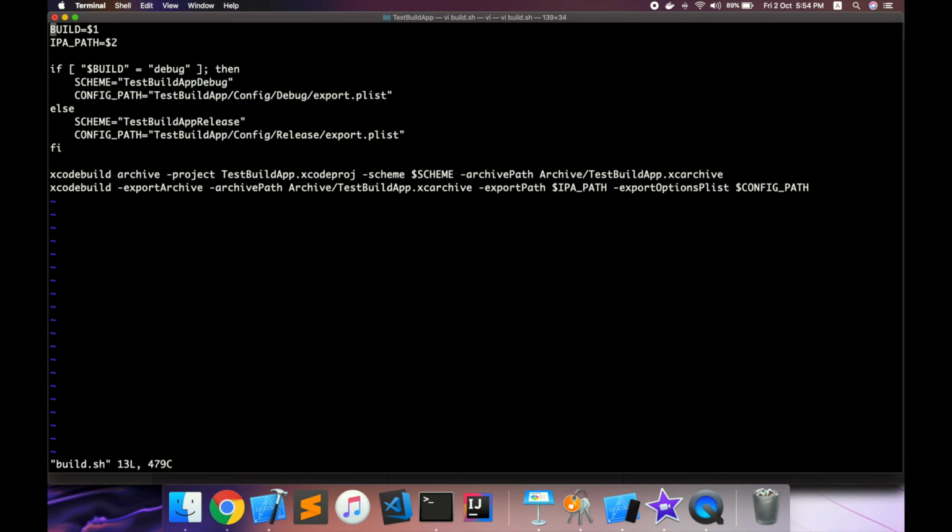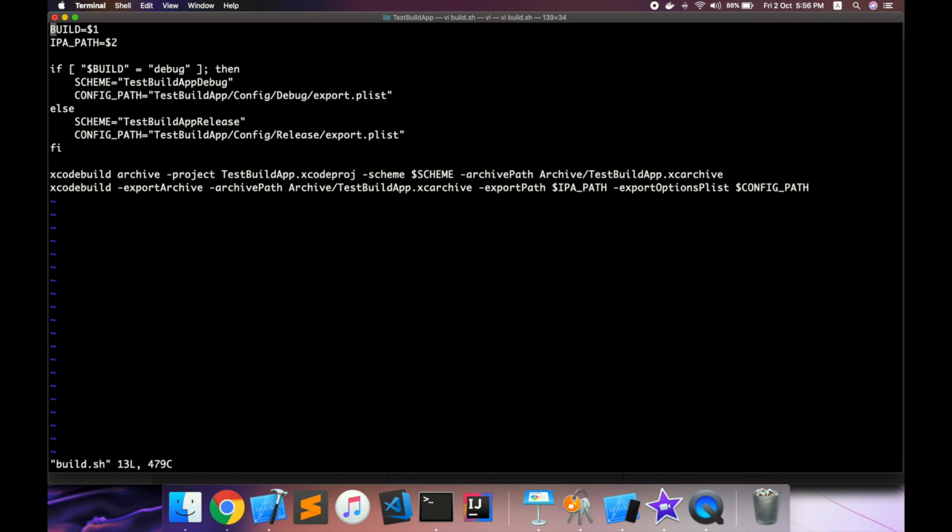One example could be most of the apps, before they generate an IPA for distribution, might want to verify if their tests are not broken, which would indicate that there is something wrong with the functionality of the app. Another customization is that teams that use Git as their version control would be maintaining multiple branches where each of them might be having different variants of their apps or different versions of their apps, and they might want to generate builds from each of those branches.